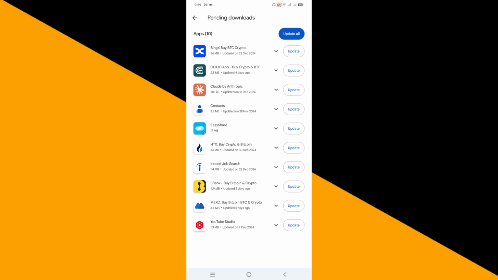and on the top right corner of the screen you'll be able to find an option of update all, and below it you will be able to find all the applications that can be updated right now. So in order to update all the applications in a single click, you'll have to tap on update all,